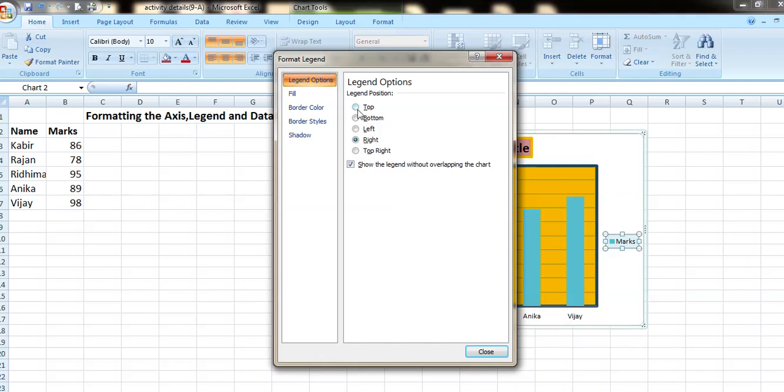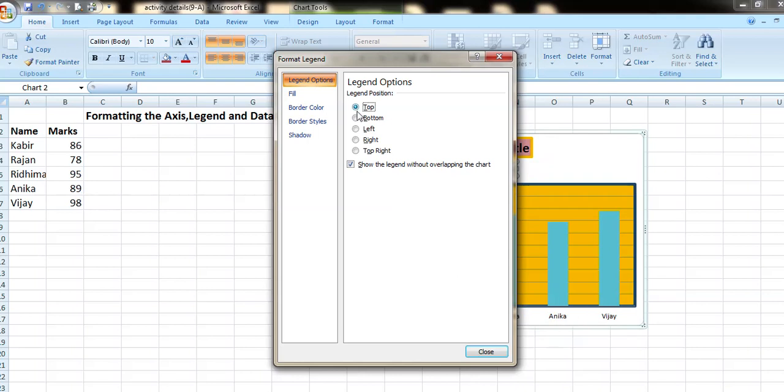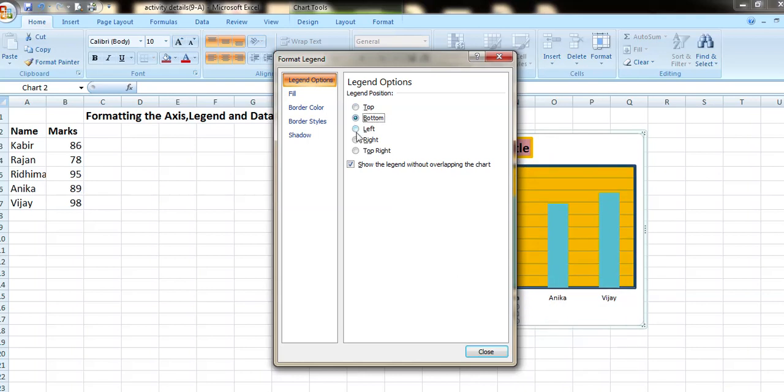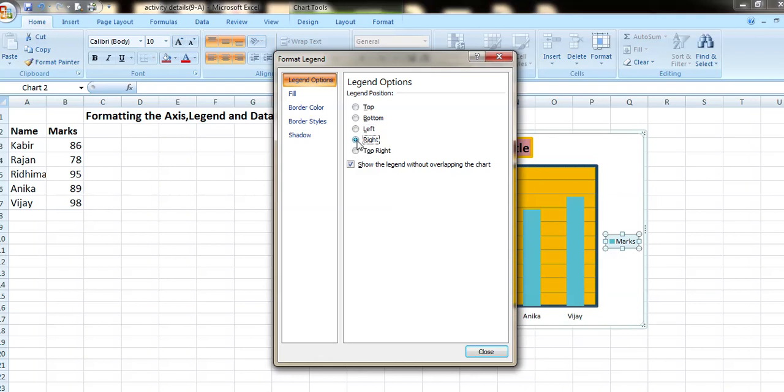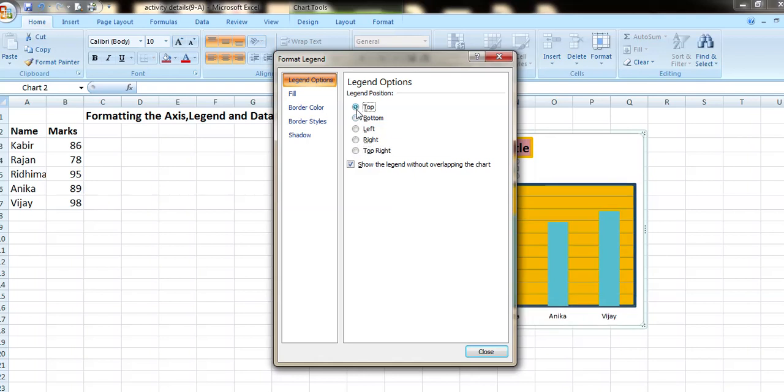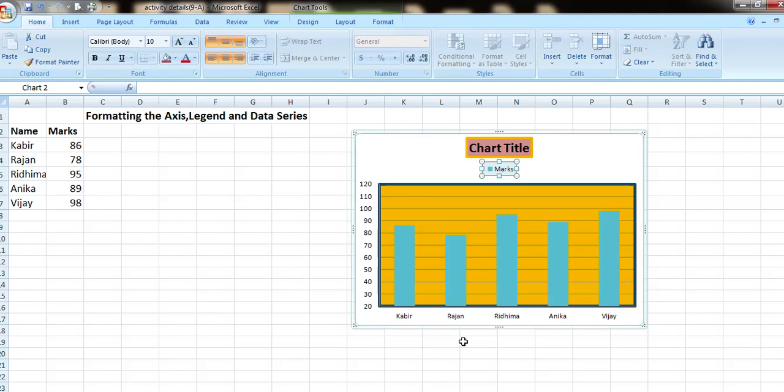Now it is coming on the right side. I can change the position of the legend from here: bottom, left, right, top, any of the positions I can fix. Suppose I'm choosing the top and close. This is how I can format the legend.